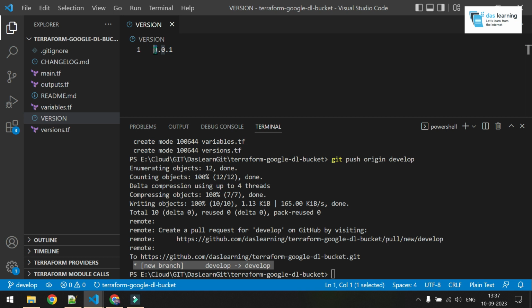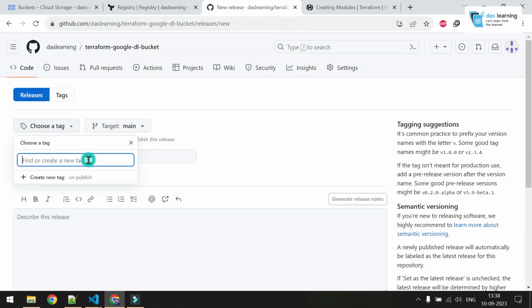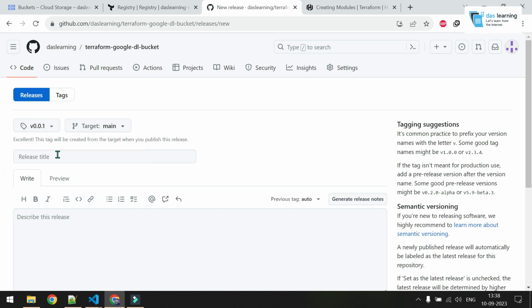First one is your major version. Second one is your minor version, and I'll be providing a link in the description. You can read it and learn more about versioning. But yeah, V is optional, and I can choose v0.0.1, something like that. Click on create new tag on publish, this button, and the same version I'm going to take